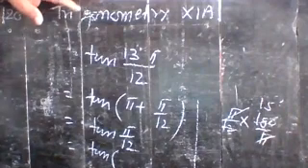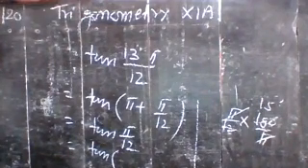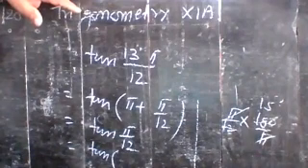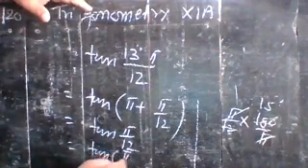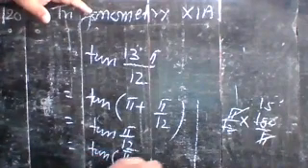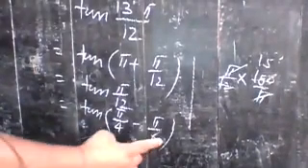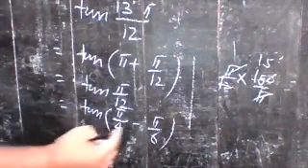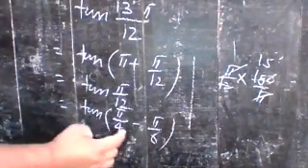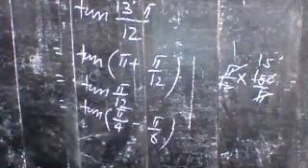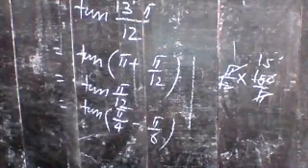Okay. So 15 degree can be written as 45 minus 30. That is also equal to 15. So as you wish, you can very easily find its value. If you write it in this way, that is pi by 4 minus pi by 6. Pi by 4 means 45, minus 30, so that is equal to pi by 12. And then here you apply the formula for tan(a minus b), which is (tan a minus tan b) upon (1 plus tan a tan b). And finally, you will have your answer.